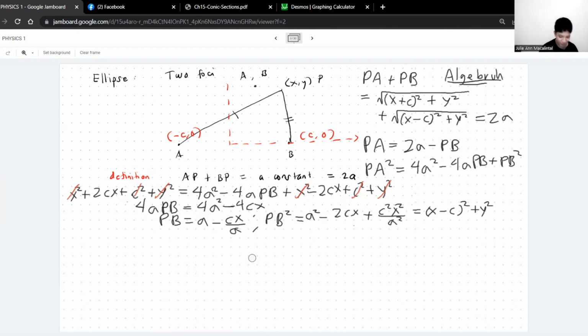Di ko alam kung may simple way of constructing a hyperbola. At least yung ellipse pwede kasi with string and markers, kaya mong i-mark lahat yan eh. Pero yung hyperbola, no. Yung parabola, yung construction niya, distance from a line,